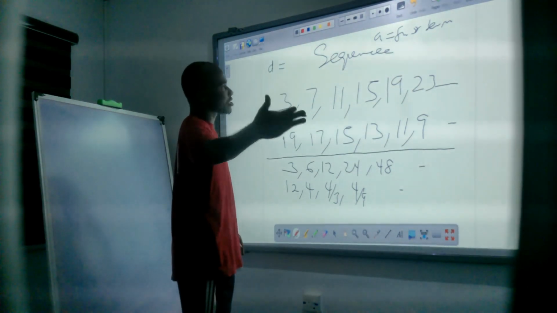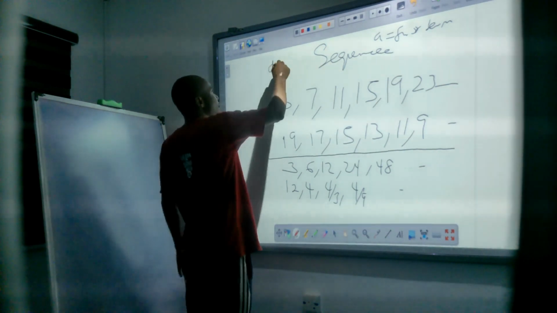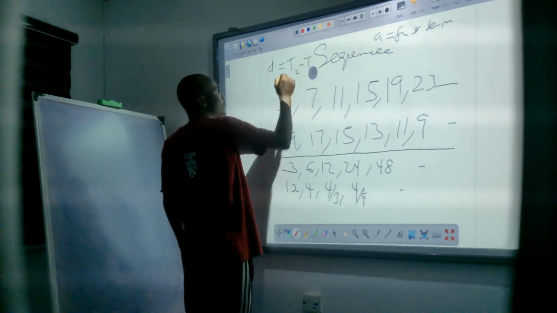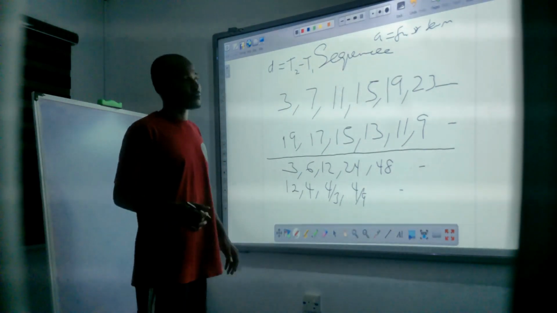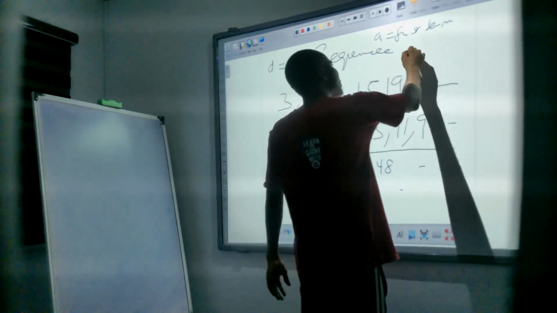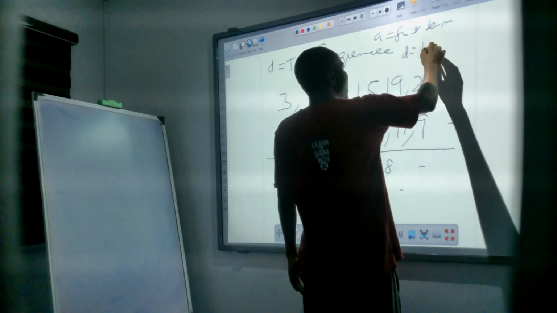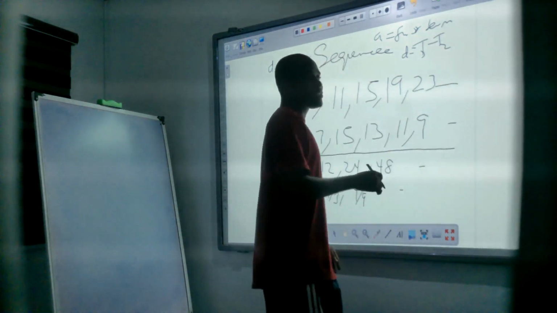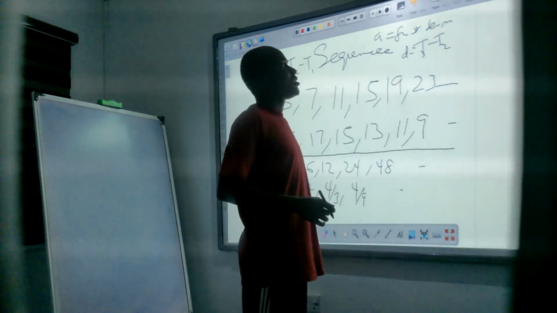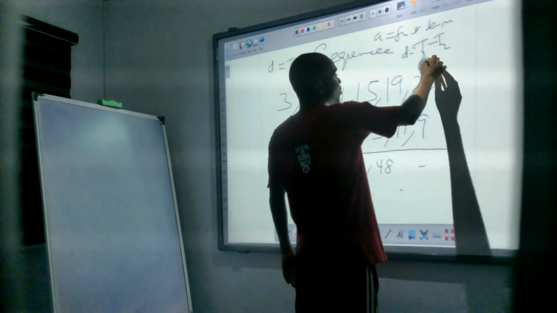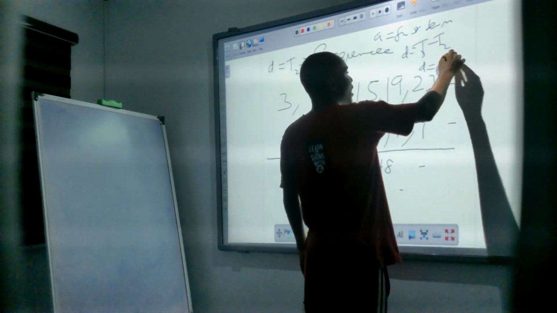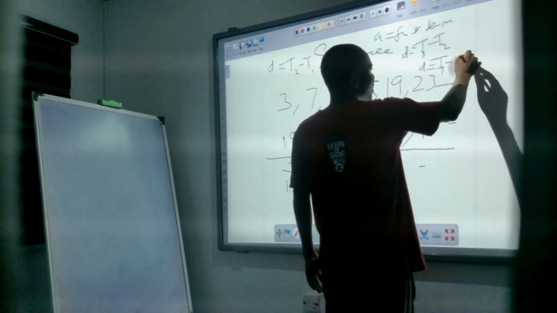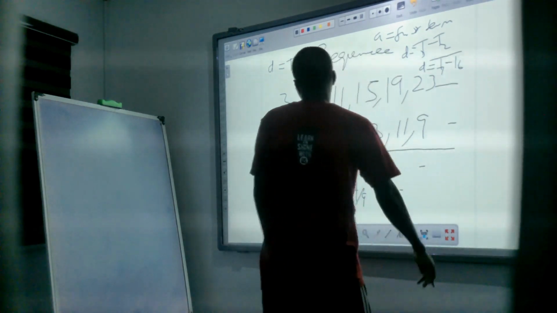Therefore, our common difference is always a particular term minus the term before it. For instance, I can say my common difference is the second term minus the first term. Another way to define my common difference is to say my third term minus the second term. This means T3 minus T2. Another way to define it is to say my seventh term